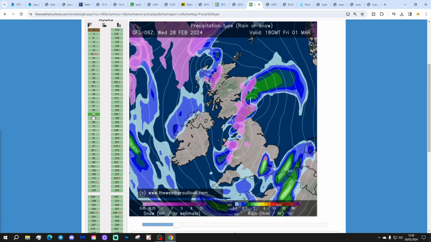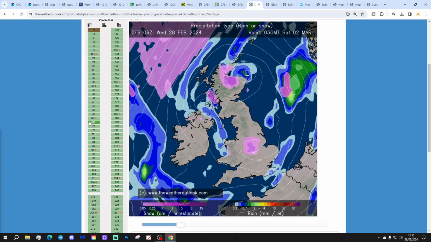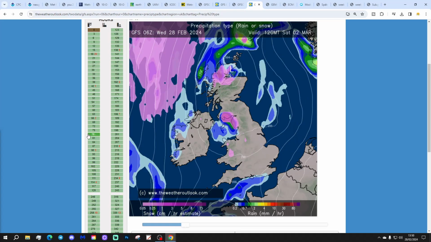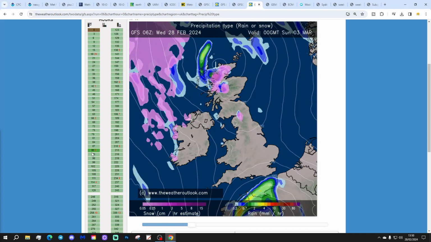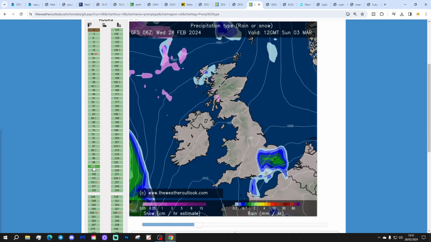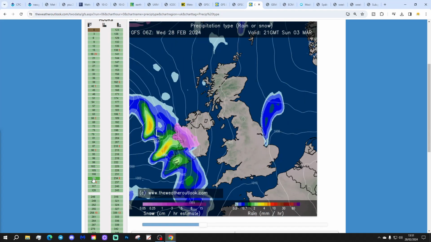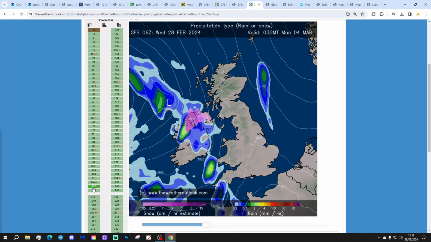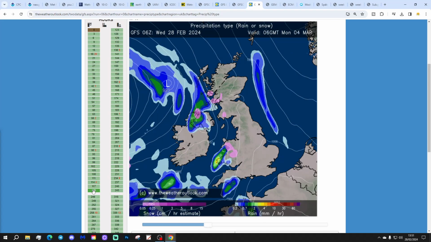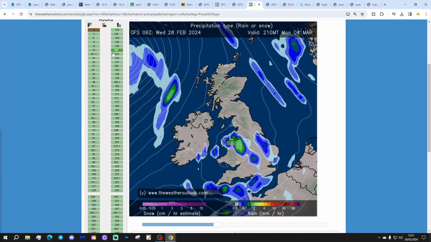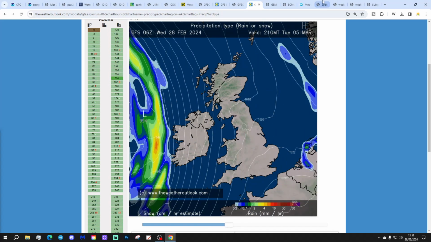So it won't be a classic snow event, but some places could get a few flakes, and maybe some wintry showers carrying on through Friday night into Saturday morning as well. So rather chilly and perhaps slightly wintry start to March here. Of course, by the beginning of next week, the wind turns to the south, the air gets milder, and any precipitation then is more towards rain.